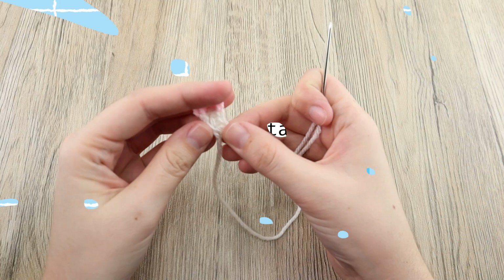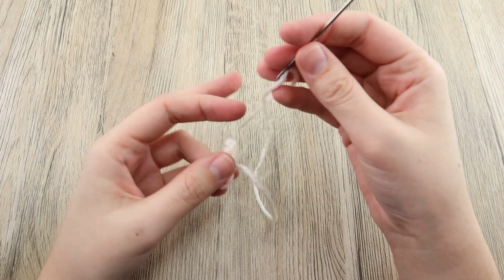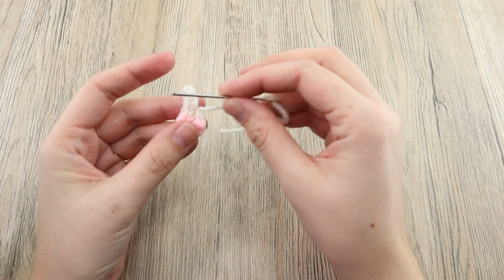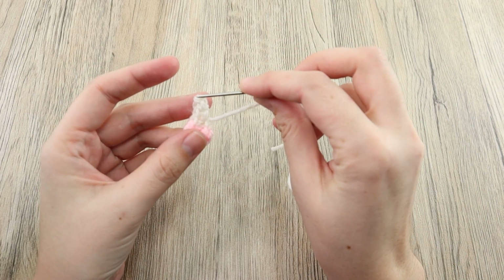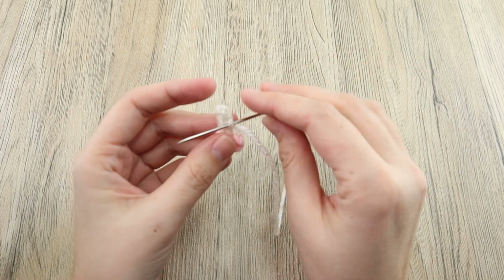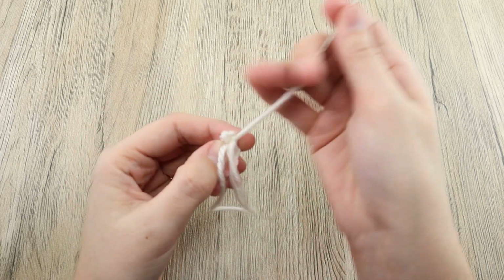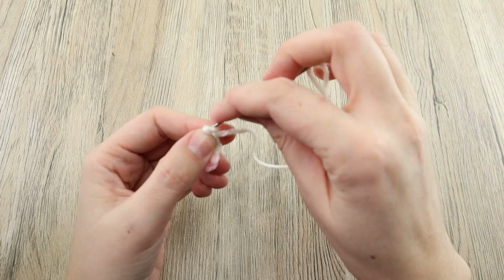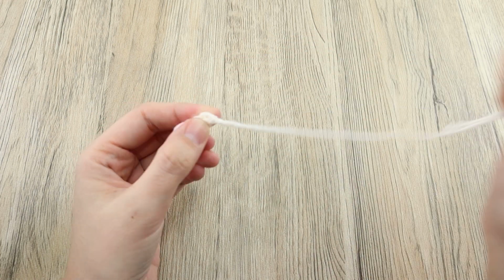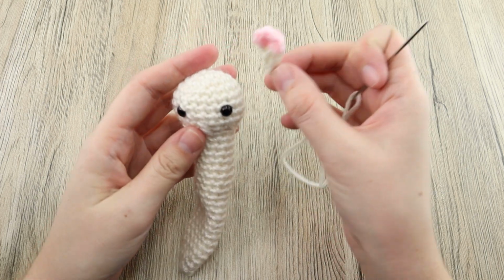Now let's attach tentacles to the head of the snail. So first thread the yarn through the tapestry needle, and we need to bring the yarn end over here. So you just do a couple stitches and bring the yarn to the end like that. Okay, so then you can take the snail,